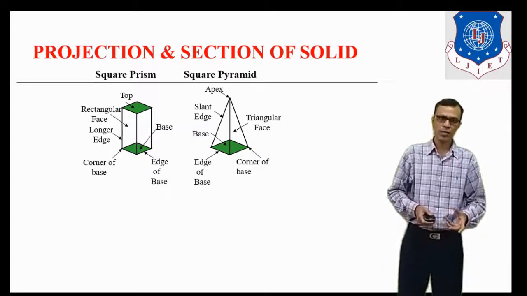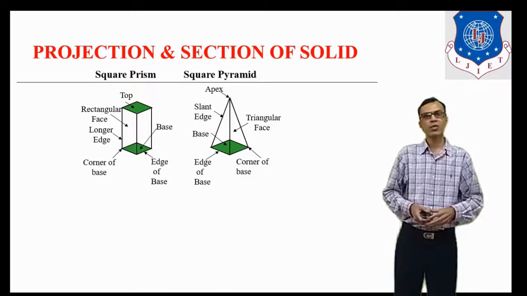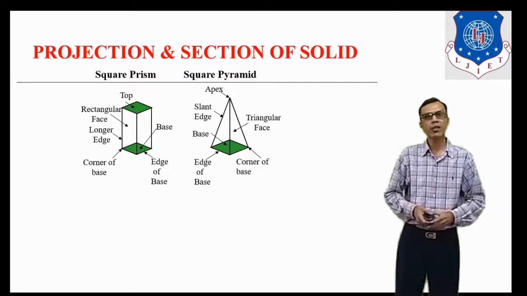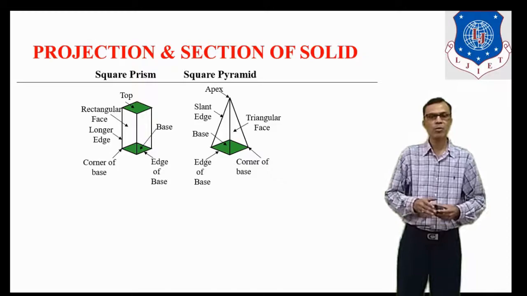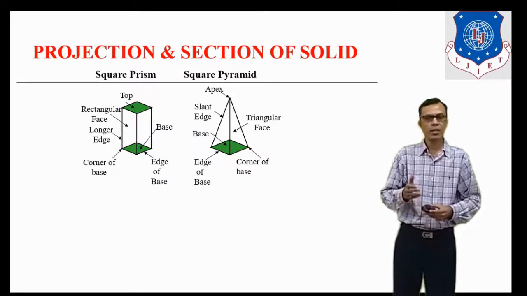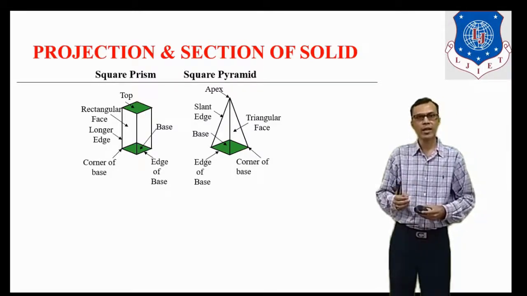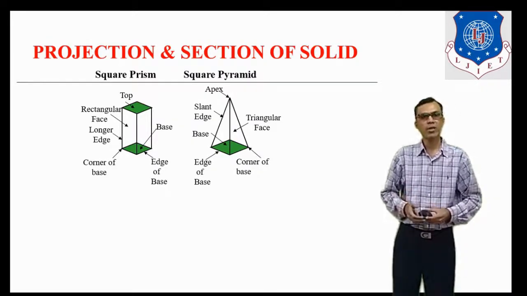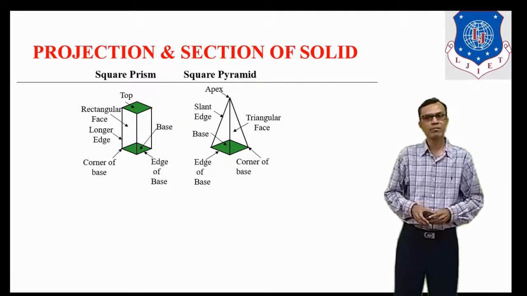There are some solids like prism, pyramid. Here it is shown in figure. Prism is a solid which has two similar bases. Both of these bases are bounded by rectangular planar surfaces. Now, depending on the type of the base, type of the prism is defined. Here, square prism is shown because the shape of base is square. If it is pentagonal shape, then it will be known as a pentagonal prism. If its shape is hexagonal, then it is known as a hexagonal prism.